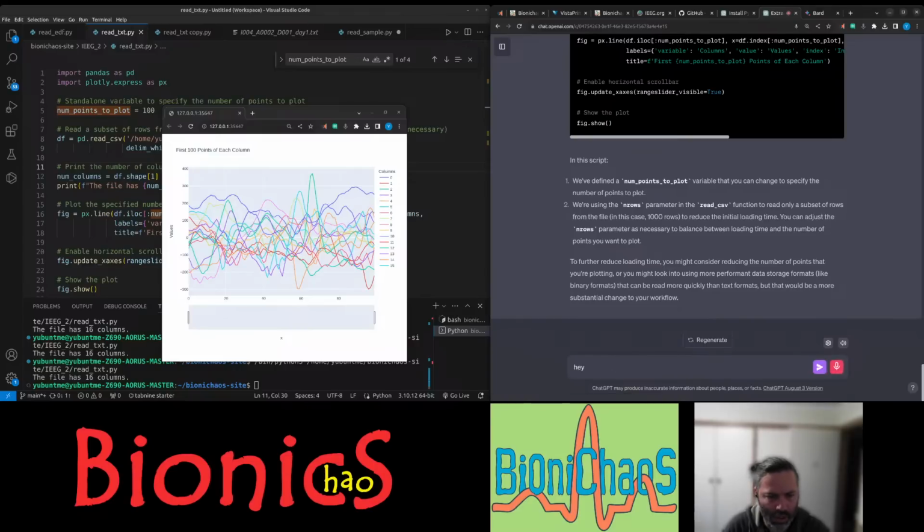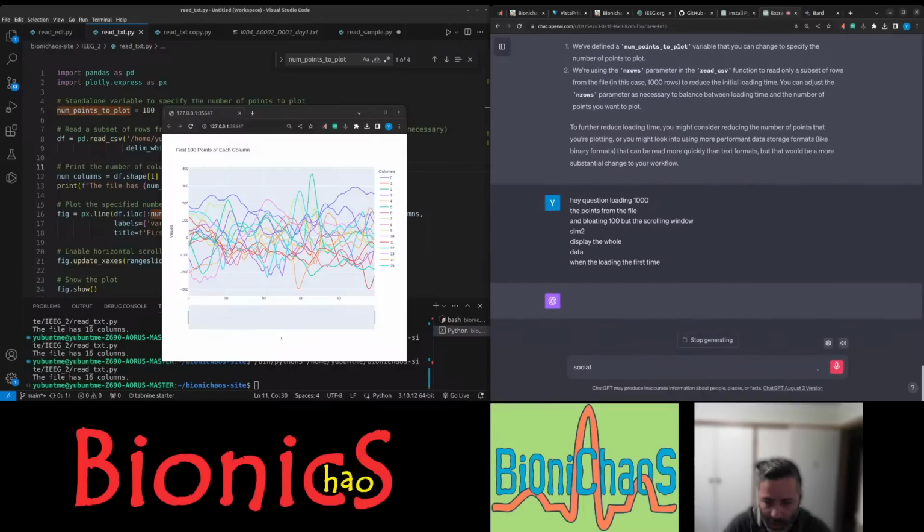A question. We're loading 1,000 data points from the file and plotting 100, but the scrolling window seemed to display the whole data when loading the first time. So that wasn't clear, but to